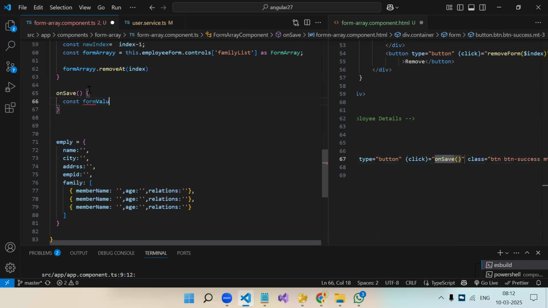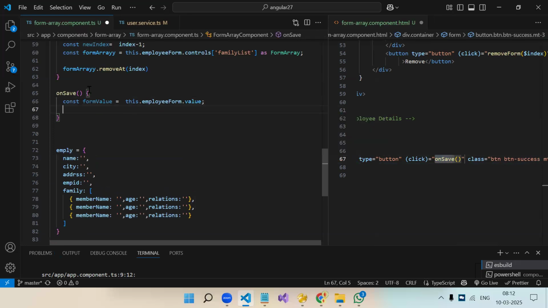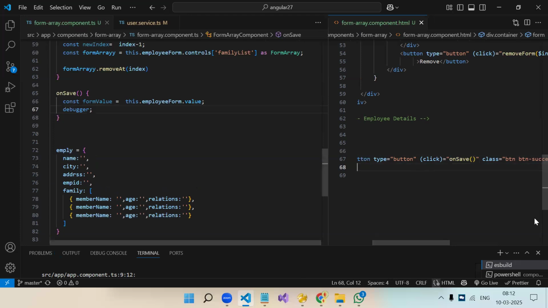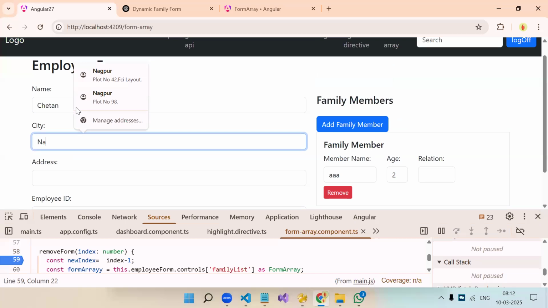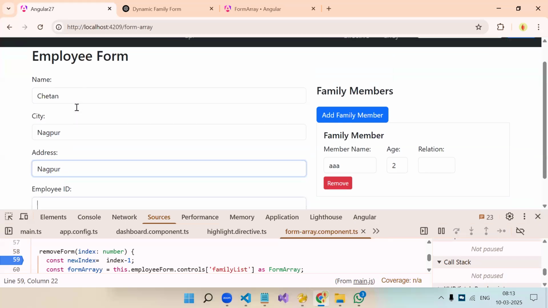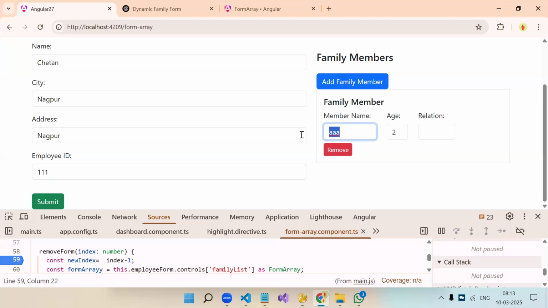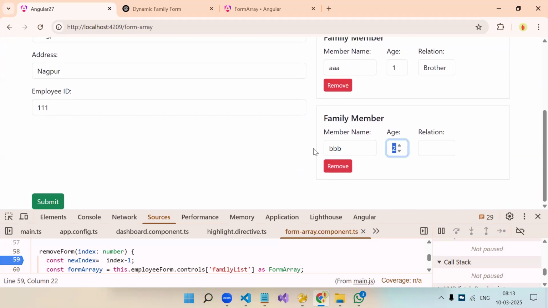Constant form value is equal to this dot employee form dot value. Okay, let's add a debugger over here. So see now, let's say Chetan, Nagpur. One more. Okay. Now if I click on save,